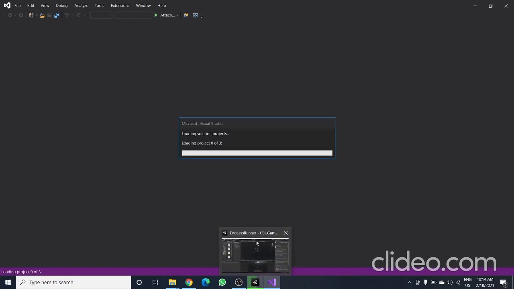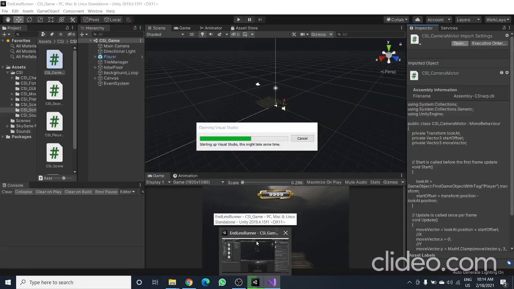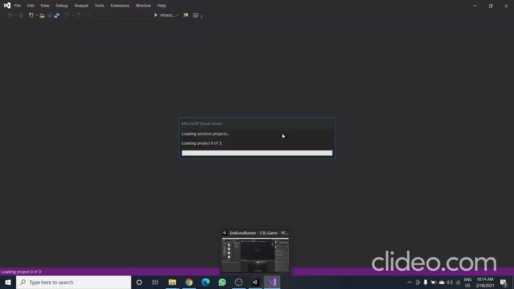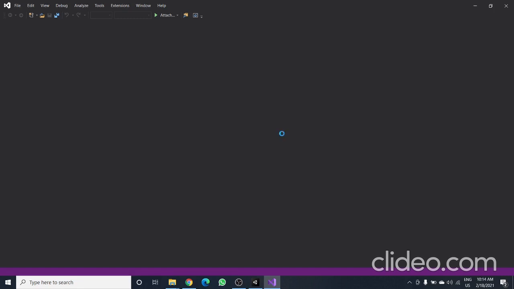You should open that particular game only. Our whole game content is right there, and this CSI folder is just for you in case you get lost and want to see what the entire game looks like. But we will be making our own game. That's why I separated everything into this CSI folder, but we will start from the sample scene that you saw in the beginning while opening Unity.